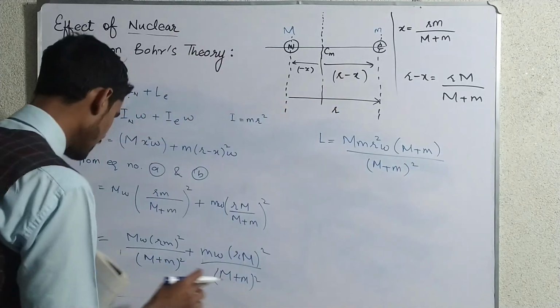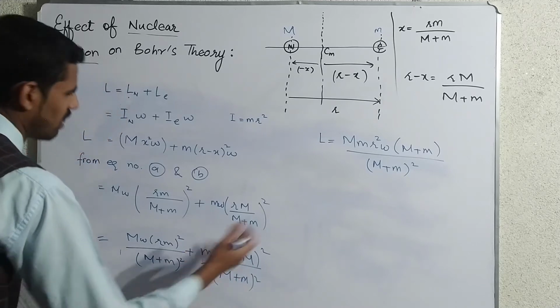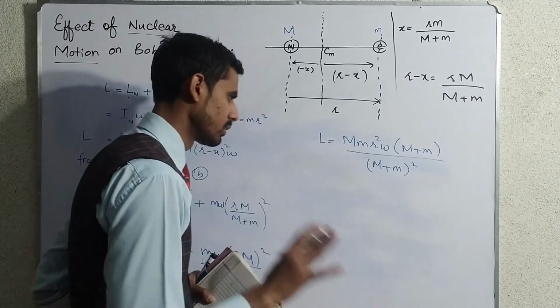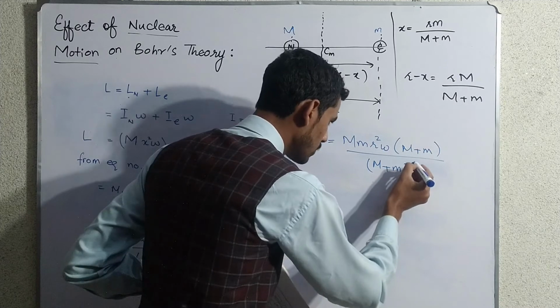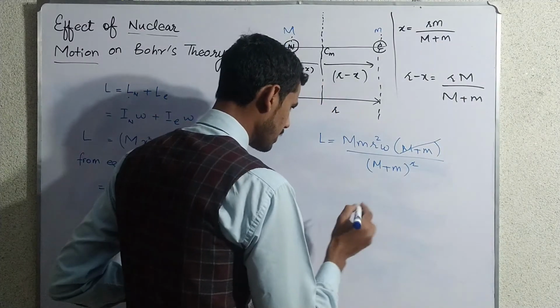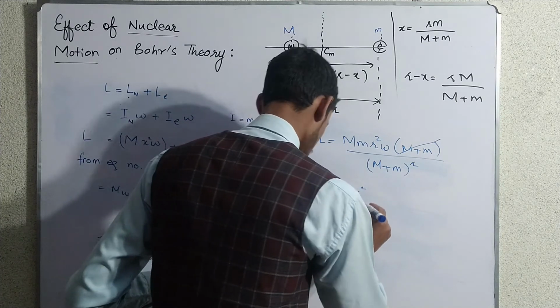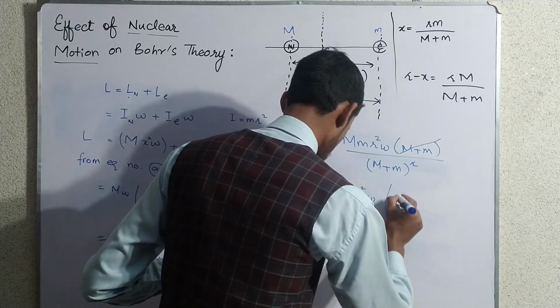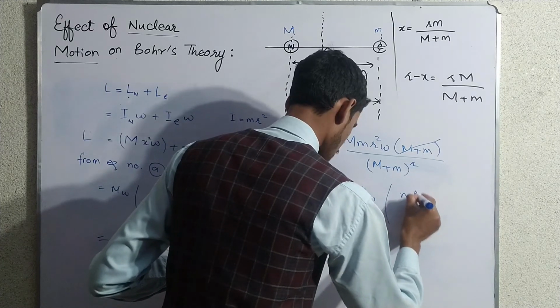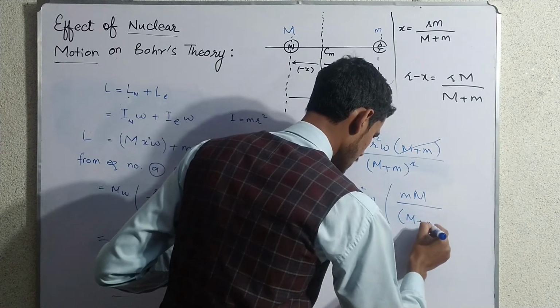So you have to take this m is also here, and it's an easy step. I'm not going to take your time for that. So this square will be cancelled out with this one, you can see, and the term we have is equal to r square omega into m M over m plus M,